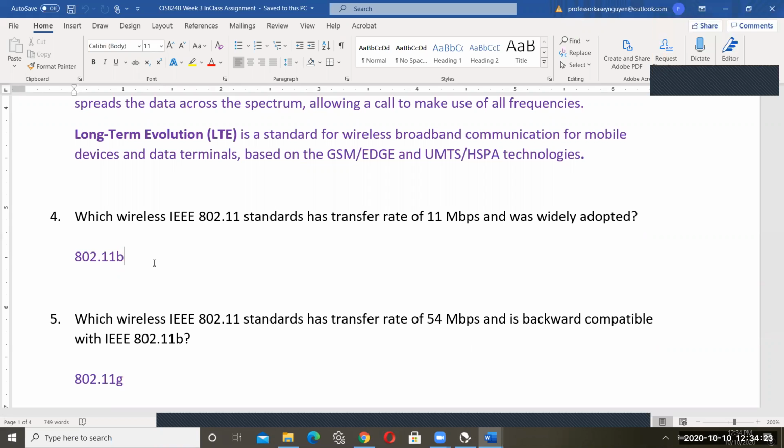Now, I meant your computer, not the router. Your computer doesn't say the actual standard, it will just say 802.11. So you have to refer to the manufacturer that produced the wireless adapter or